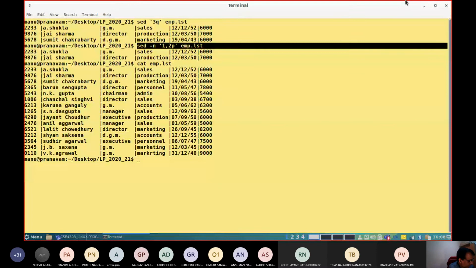Now look into another variation of this command. Line numbers selected, that is 1 and 2. Lines 1 and 2 are selected and displayed there. p stands for printing. To select the last line of the file, we use the dollar. Say for example, in the same command, say -n, if you want to print the last line, then you enclose it with $p.